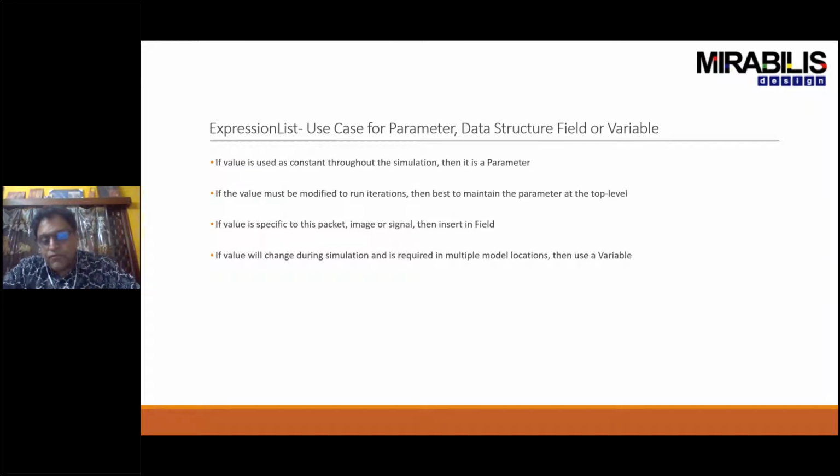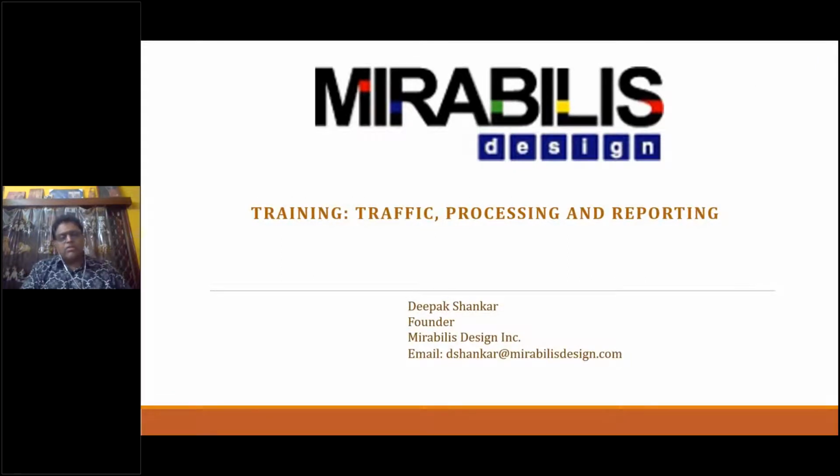If it's specific to the packet, image, signal, transaction, command, or request, then you put it into the field of the data structure. Now, if it's going to change during the simulation and is required across the model, like we saw two separate flows and we took one value from one flow and brought it into the other one, then we use the variables. So now that you understood the basic infrastructure, we're now going to start talking about